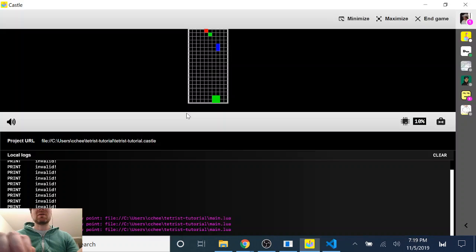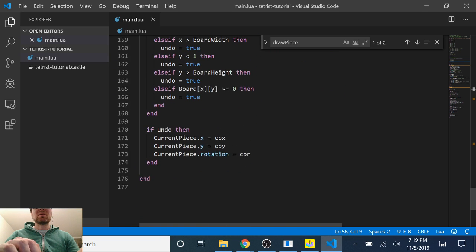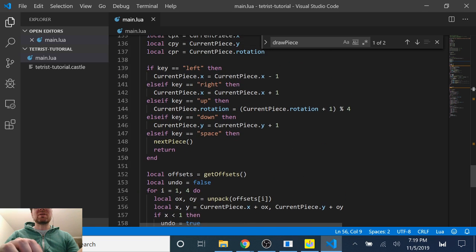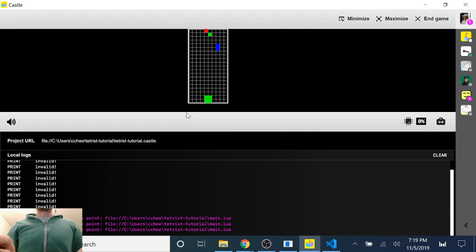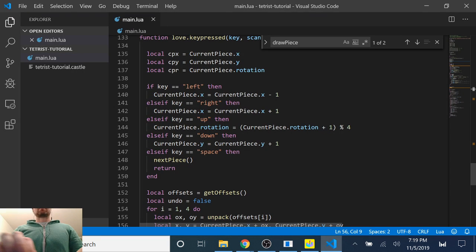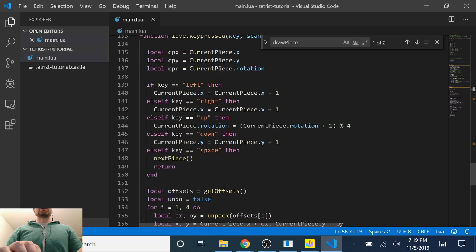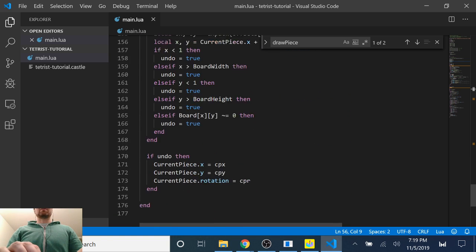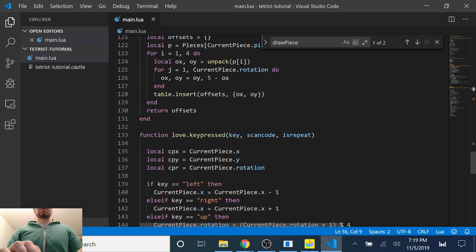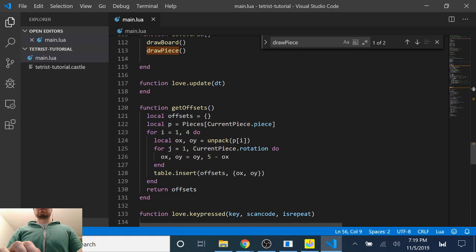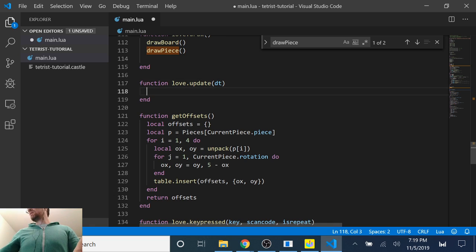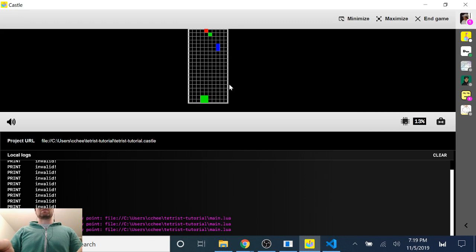And so then now we want to detect if the thing is at the bottom and needs to stop moving. Well, we can also just make it move down with love.update. So maybe the best way to do that is, actually I'm going to pause for now that we have this thing working, and I'm going to continue this in a further stream